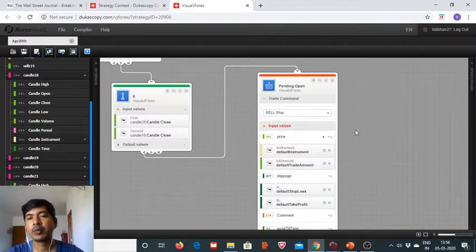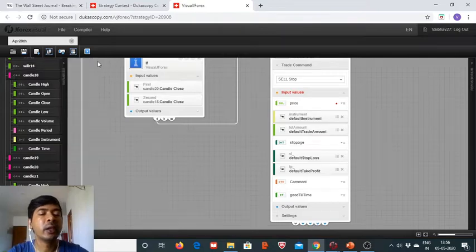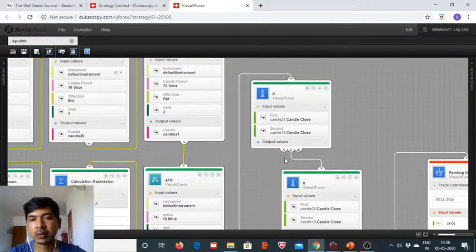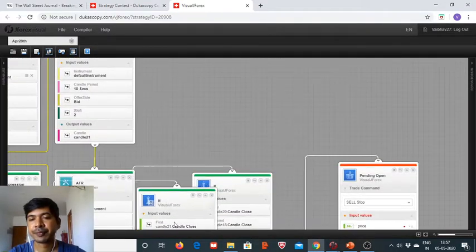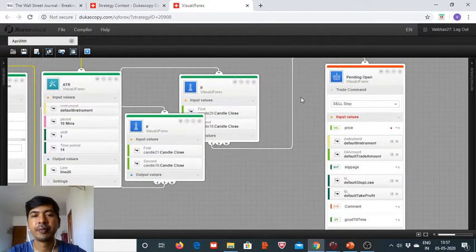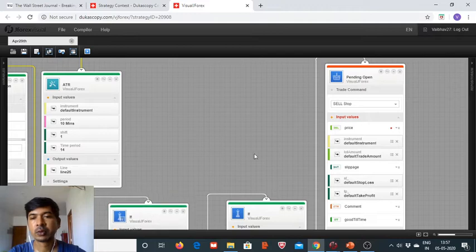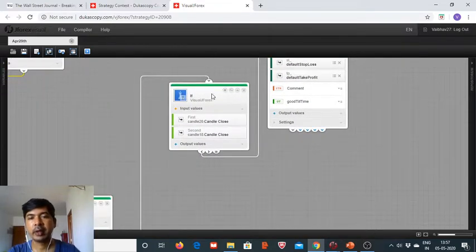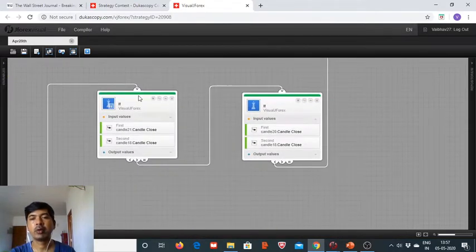The order point would be less than the current value, so we can't really use the sell limit. So let us arrange these two blocks, and we are now approaching the last stage of the algorithm development, where